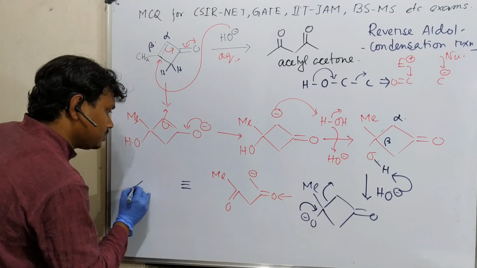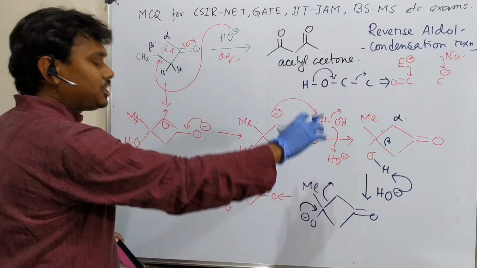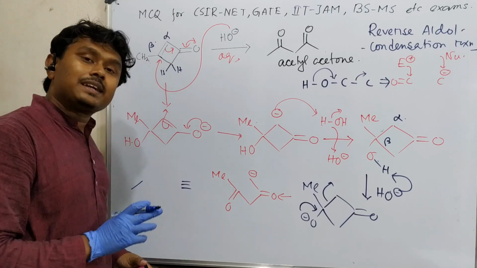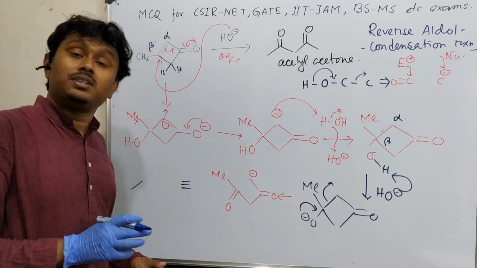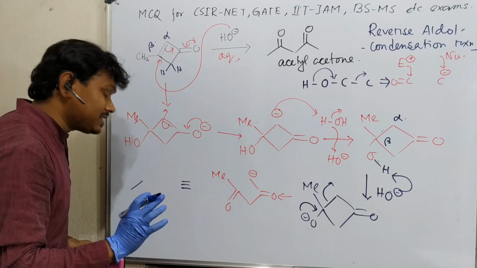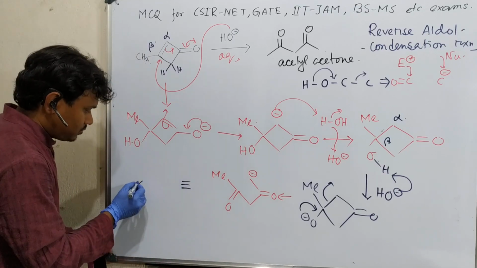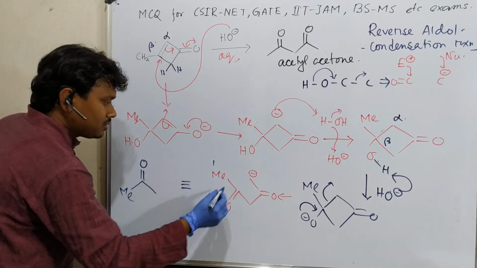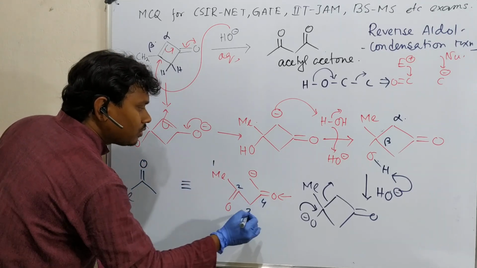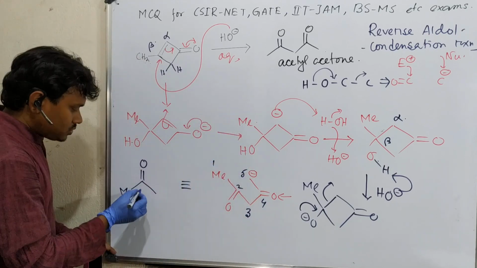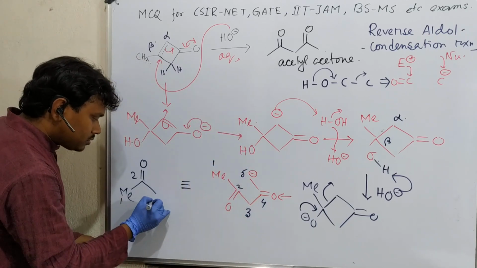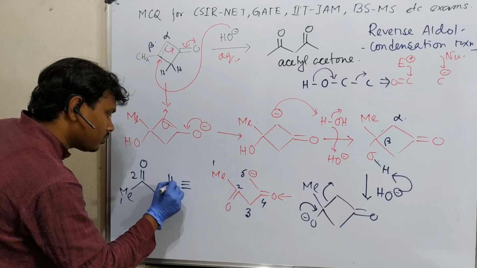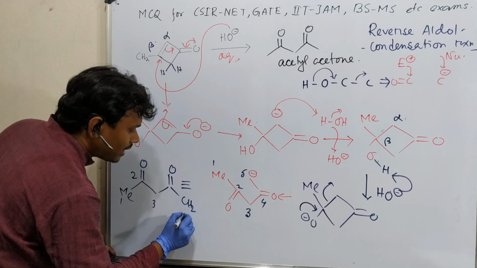So now you do that, and during your examination, if you write in this way and in the final step you end up making a mistake, you can get some marks from the teacher because you have attempted in the right way. So that's a very good strategy for exams also. So this is the methyl. 1, 2, 3, 4, 5. Fine. So 1, 2, 3, 4. So 3. This is 4, carbon C double bond O, and 5, CH2 minus.